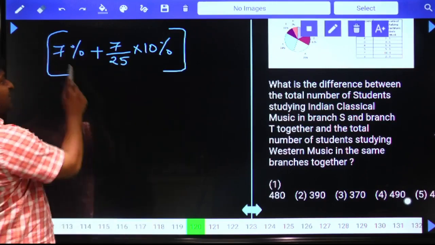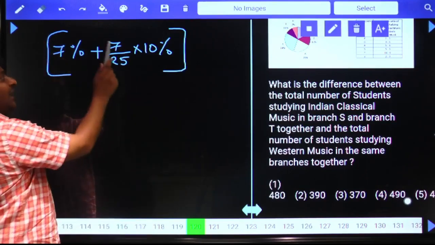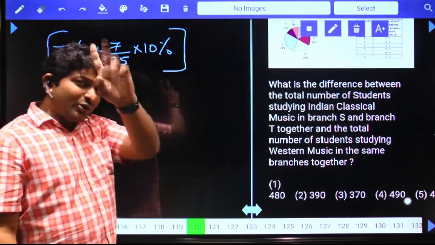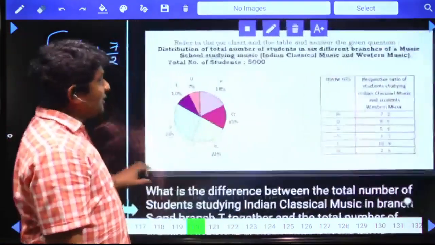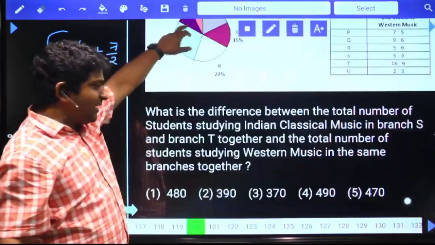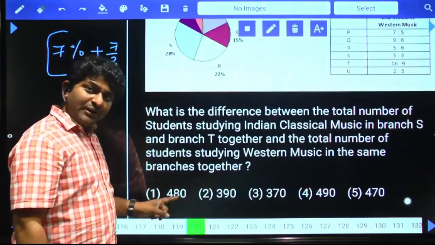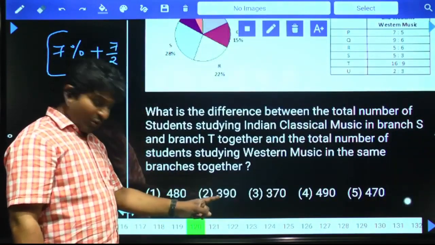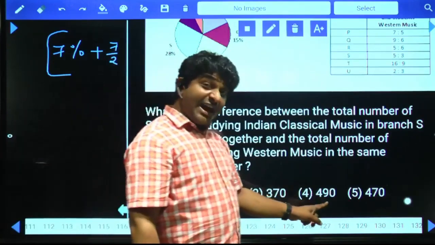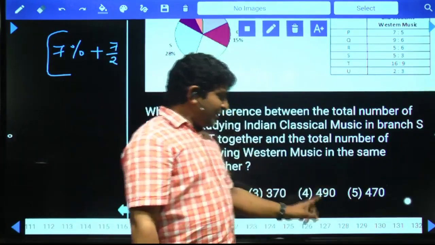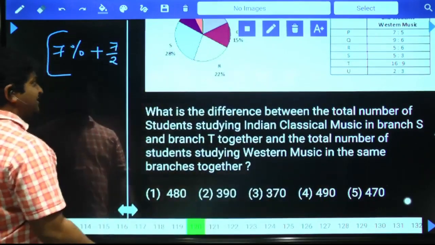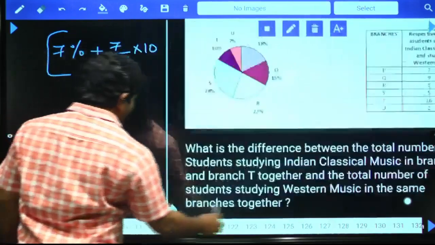Now if you observe this, here you have 7 multiple and here also you have 7 multiple. So total answer must be 7 multiple. Look at your options and verify how many are 7 multiples. Is your first option 7 multiple? Definitely not. This one? No. No. Yes. No. There is only one option, 490, that is direct final answer. You can do it. Otherwise you need to calculate this.